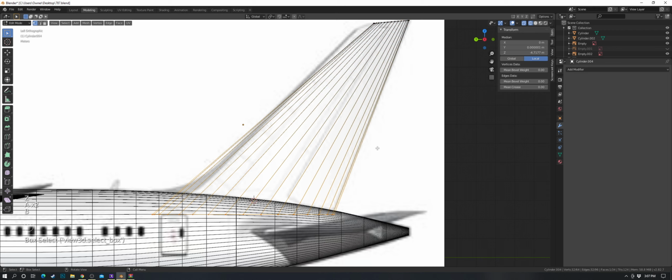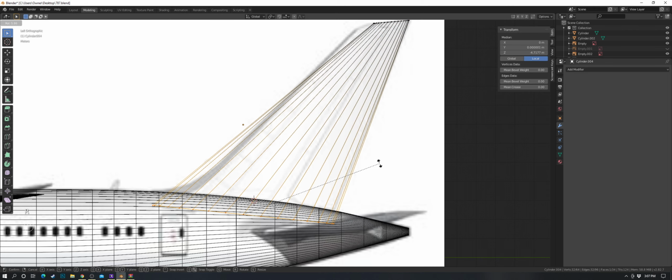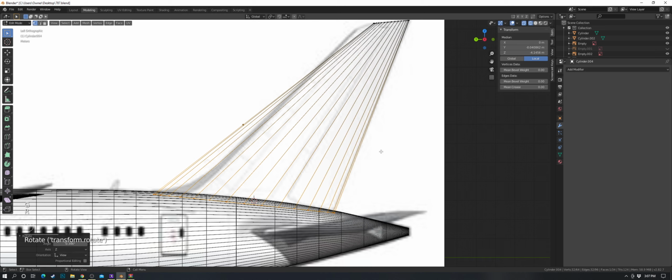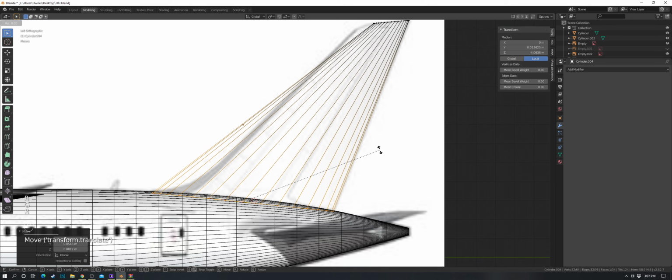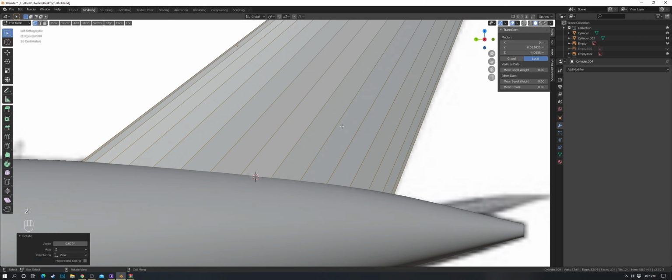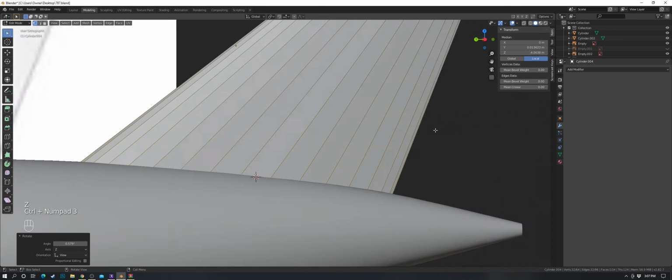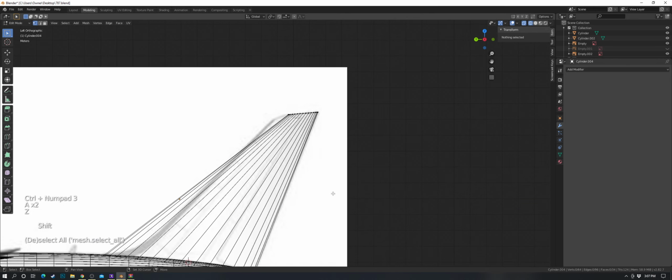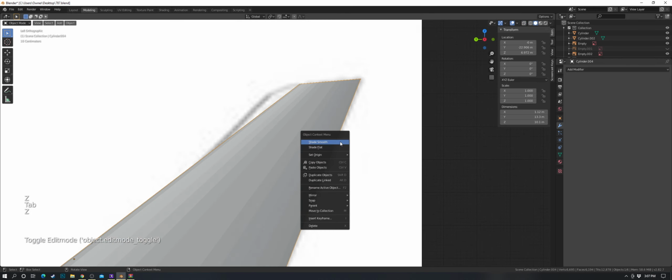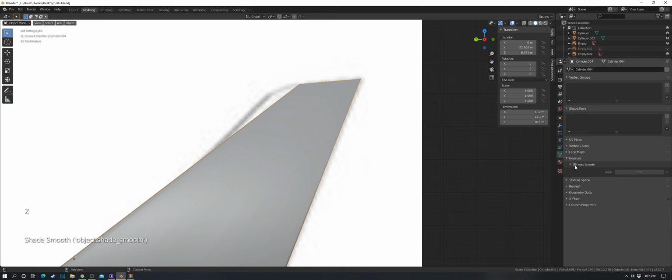We can probably go ahead and just angle this so that it does match up with the points here and there on the tail, or where it meets the fuselage. I'm actually going to go ahead and smooth it, auto smooth,